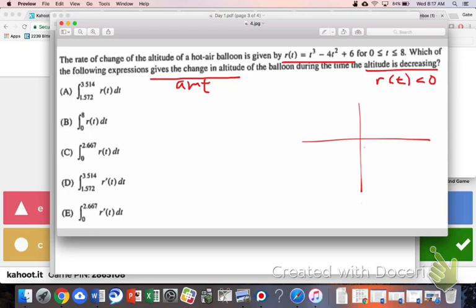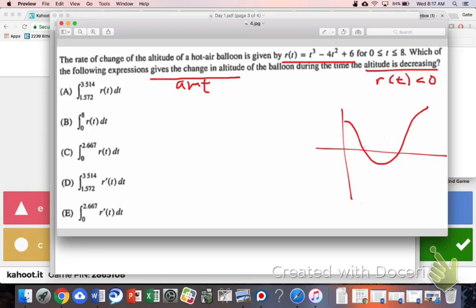Nobody has it up. I cleared it. Ah, there we go. Okay, so is that 0 to 8 right there? Yeah. Okay, so from 0 to 8, thank you, Rachel, it looks like this. Right? Yeah, roughly. So then the area that we are interested in would be down here,